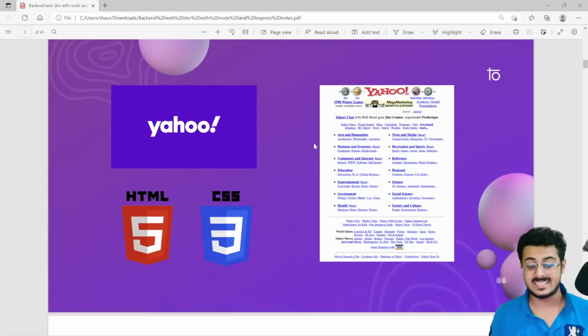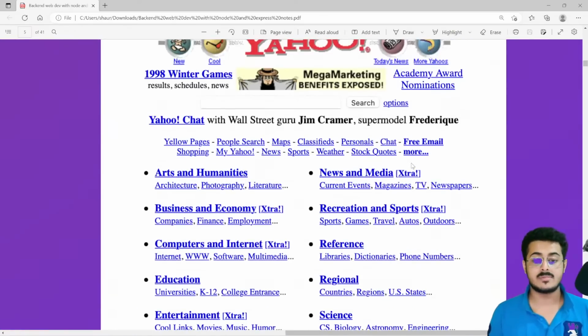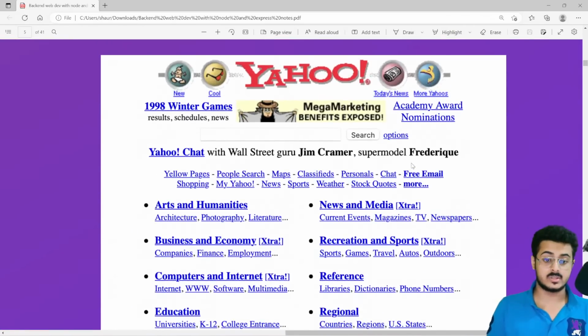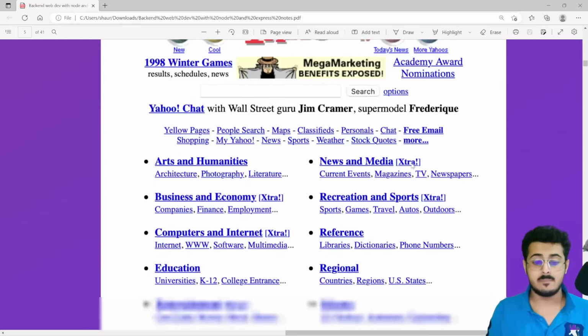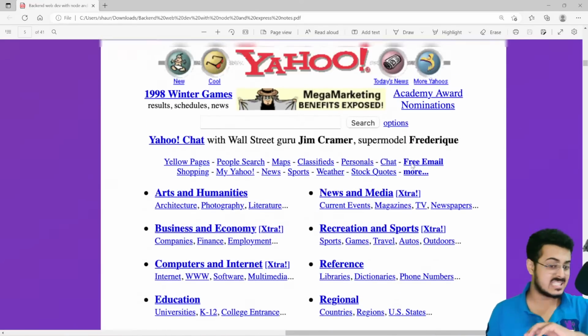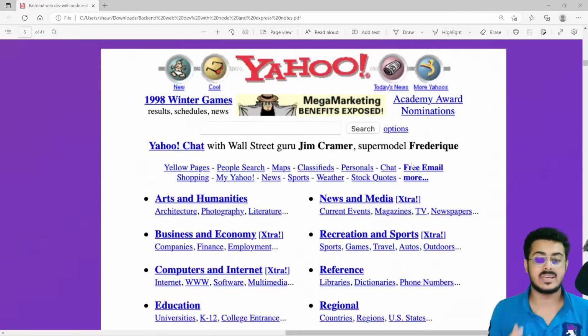That is where CSS comes into place. CSS, or cascading style sheets, made sure that your website looked appealing to the users. This is the official Yahoo website back in 1998. As you're able to see, it looks a bit more approachable, a bit more systematically aligned, has some images, has some colors to it, and you are able to use the website and not feel like, why am I using this? It is just not good. So CSS, or cascading style sheets, made sure that styling was applied to your website.